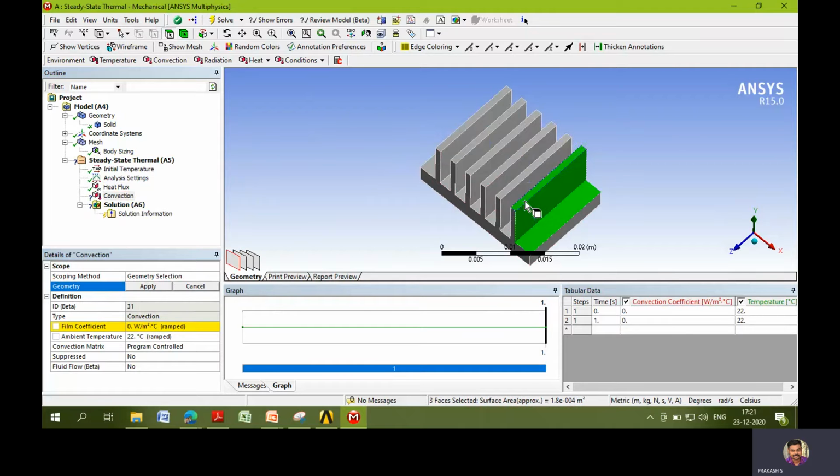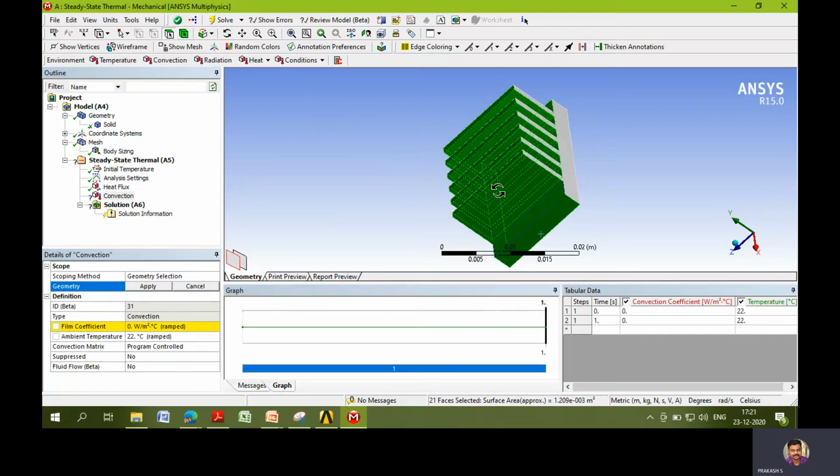The above faces, see that 1, 2, 3, 4, 5, 6, 7, 8, 9, 10, 11, 12, 13, 14, 15, 16, 17, 18, 19, 20, 21. So use the control button.